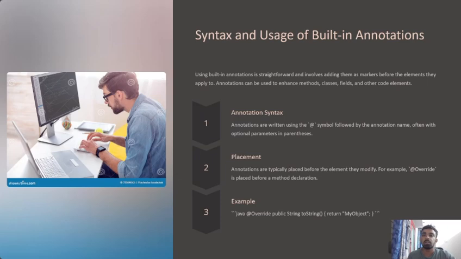Syntax and usage of built-in annotations. Using built-in annotations is straightforward and involves adding them as markers before the element they apply to. Annotations can be used to enhance methods, classes, fields, and other elements. Annotation syntax. Annotations are written using the at symbol followed by the annotation name, often with optional parameters in parentheses. Placement. Annotations are typically placed before the element they modify. For example, @Override is placed before a method declaration. Example, Java: @Override public String toString() { return myObject; }